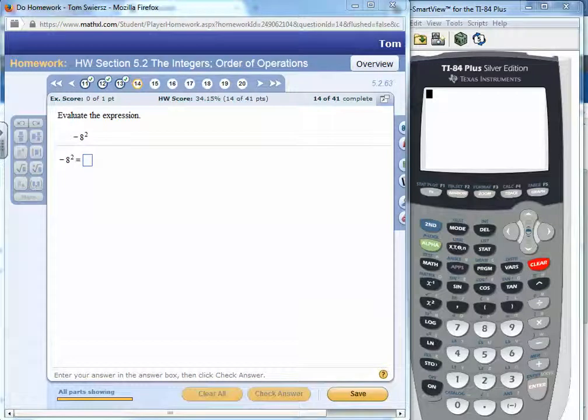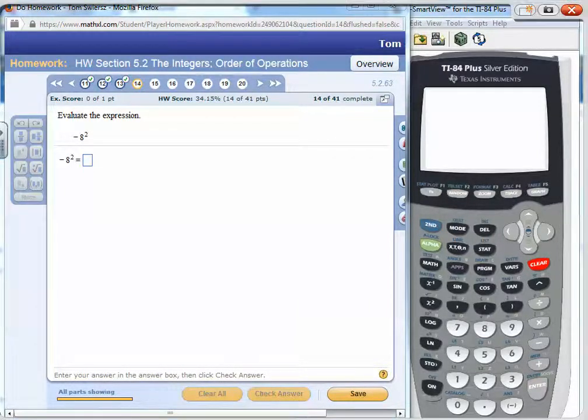In this session, we're going to start with homework exercise number 14 from section 5.2. Okay, this problem is a little bit tricky in that it appears it is the opposite of 8 squared. And notice the reason I'm saying it's the opposite of 8 squared is because the base is 8 and not